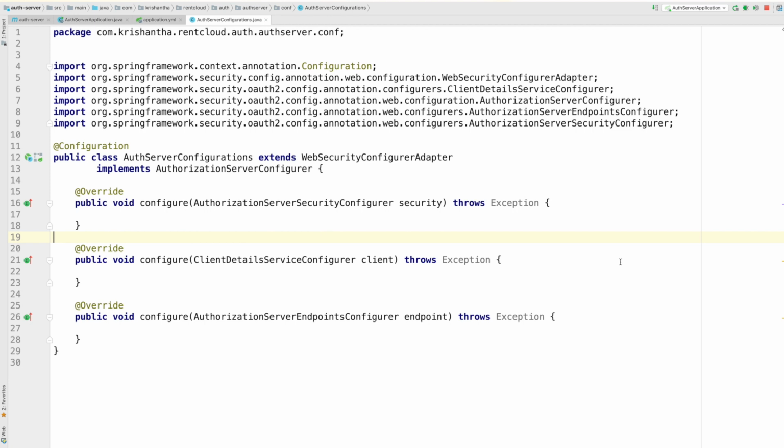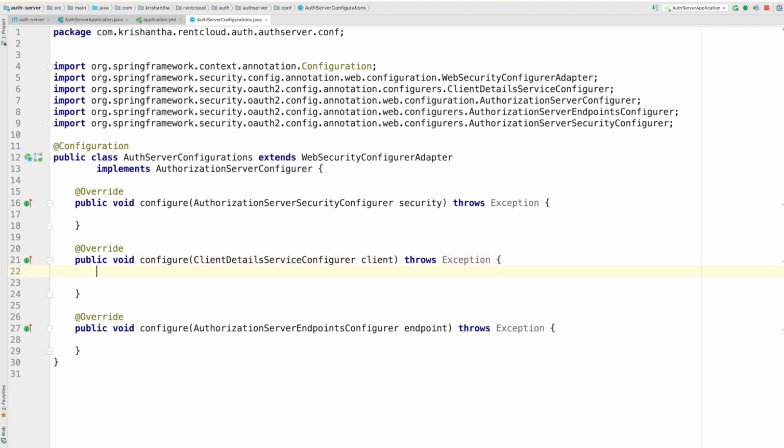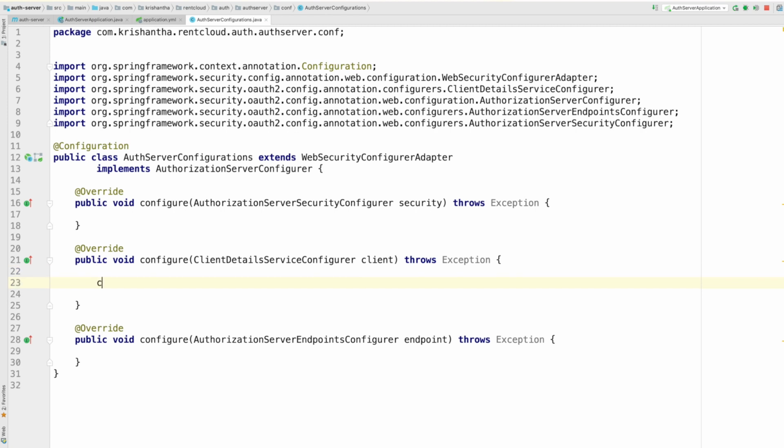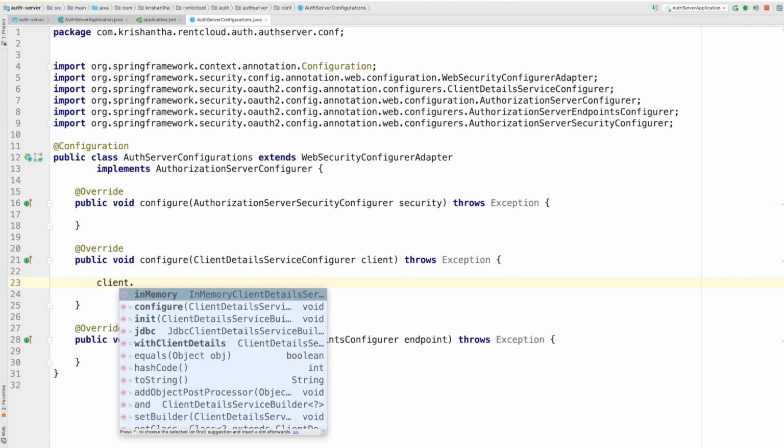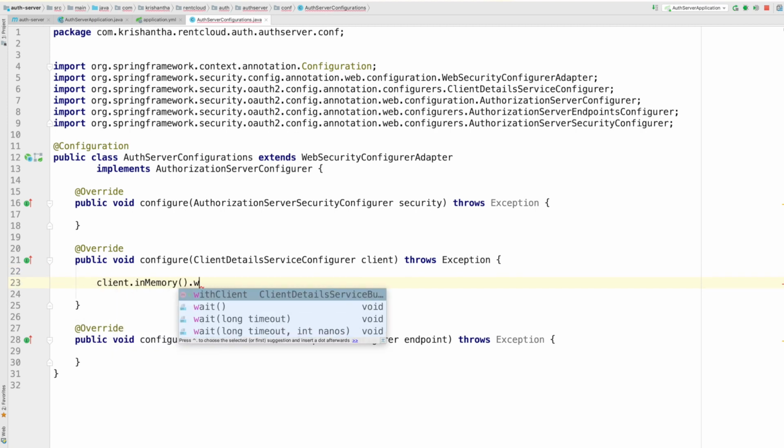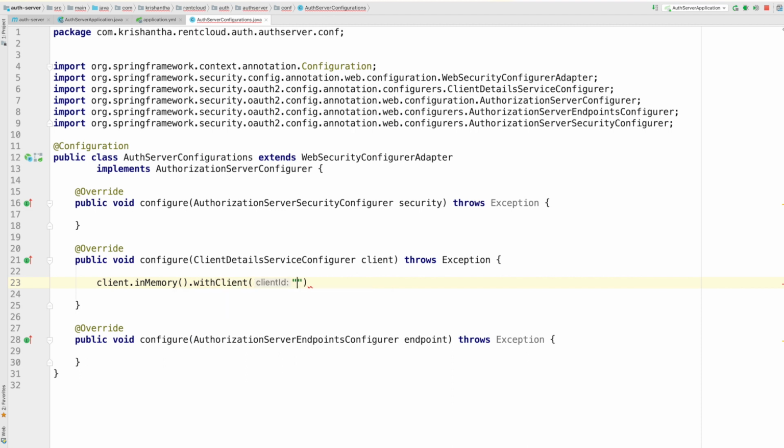Okay, so now I'm going to create my clients here, right? For this video I'm going to create this client in memory. How am I going to do that? clients.inMemory.withClient. So the client is mobile. Let's say, to make sure this is working not from the property file, let's give a different client, right? So the secret is web pass,